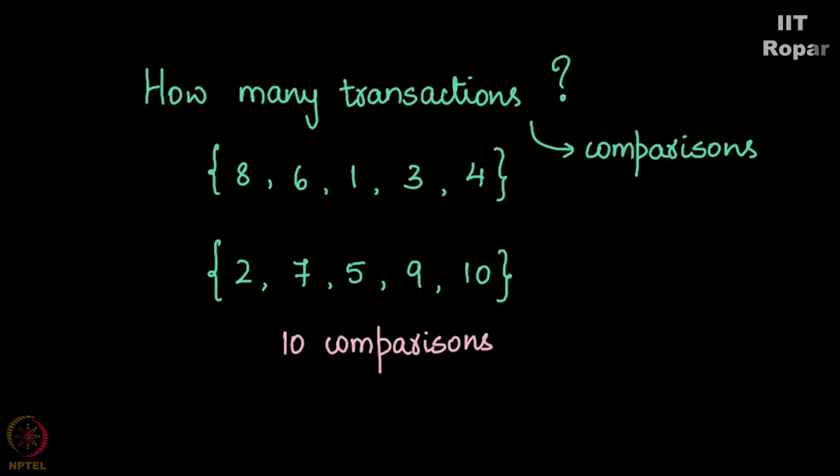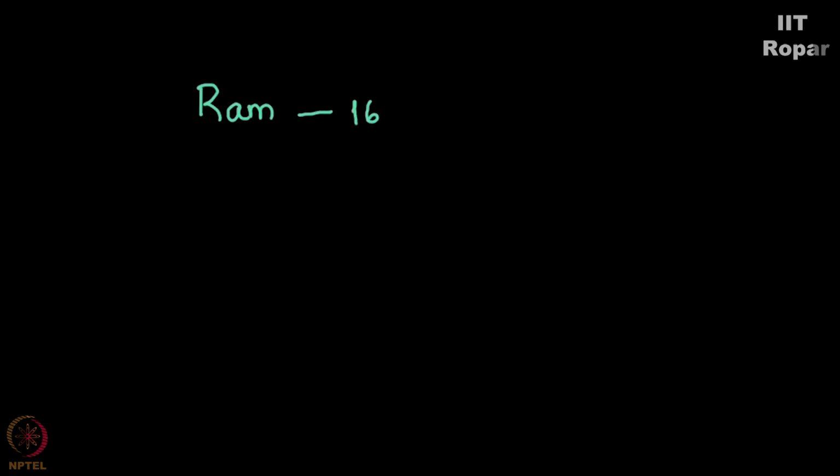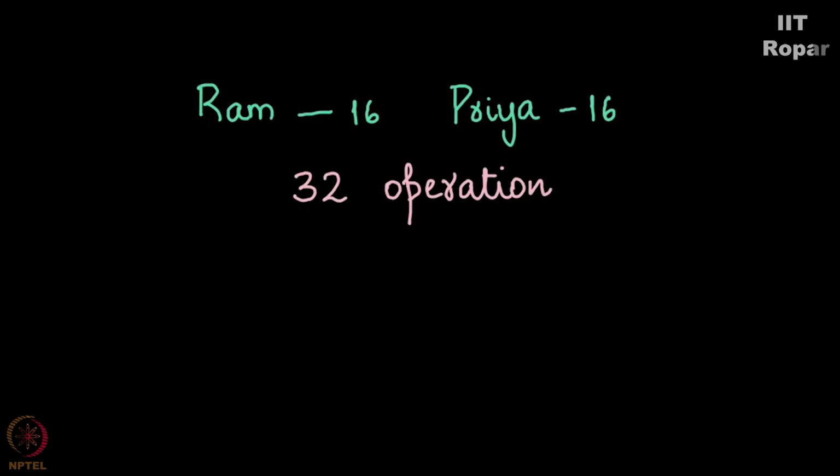So, let us look at the previous example. I said the teacher gives Ram 16 answer scripts and the teacher gives Priya 16 answer scripts. And Ram takes some time to sort it. We will not worry about how much time he takes to sort it. He sorts it. Priya sorts these 16 numbers. And then Ram and Priya surrender their two sorted answer scripts to Madam. And Ma'am merges these two things. How much effort does she put forth? She does 32 operations, correct?